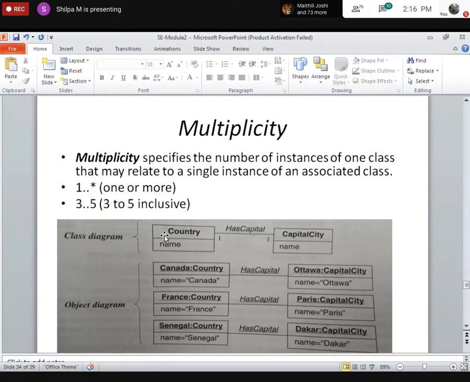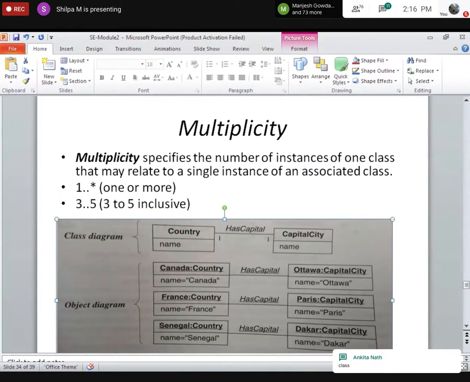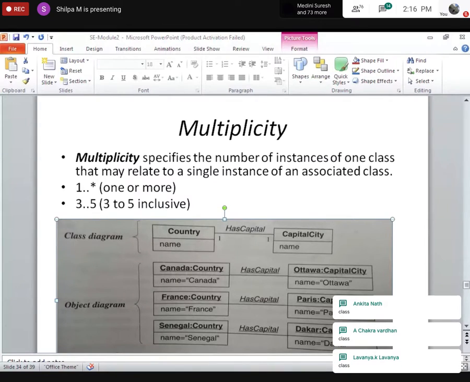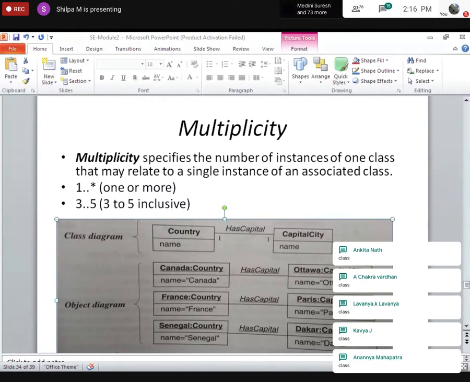Ma'am, I did not understand your definition. Okay, you don't understand. Let's see the example. See, there is a country class. Agreed? Is this a class or an object? How do you identify? Students, I need an answer. Okay, how did you get that?